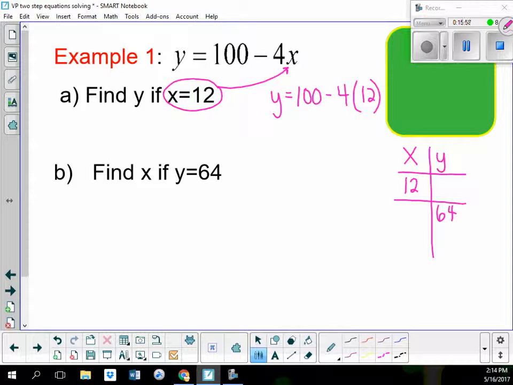So I'm going to follow my order of operations now. I have Y is equal to 100 minus 4 times 12 is 48. So Y is equal to,